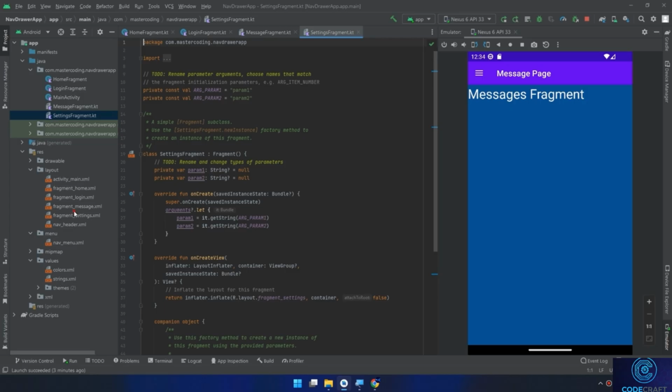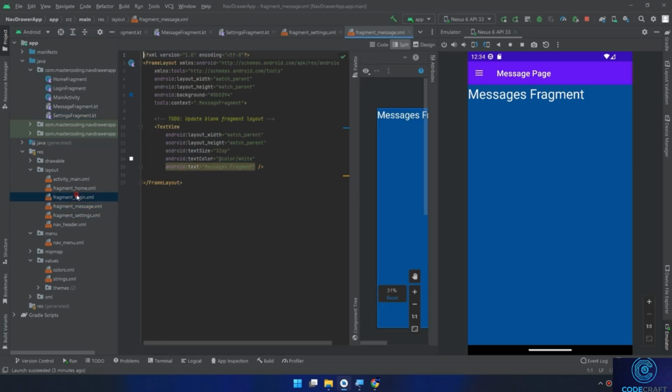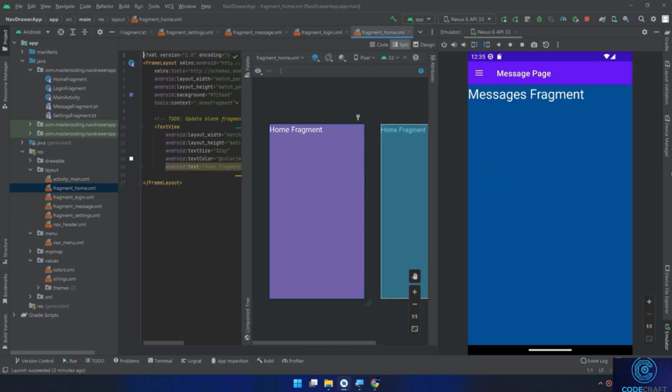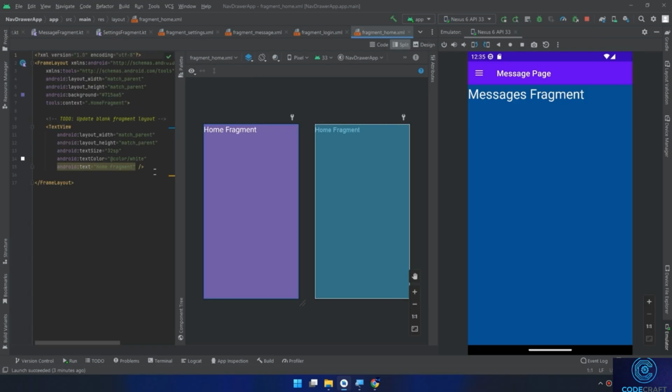Okay, so are you ready, guys, to display all of these fragments and start transacting them and change them and replace the fragments using this amazing app? And we will make an algorithm inside a function that will start replacing all of these fragments in a very smooth way. So let's start building this amazing navigation